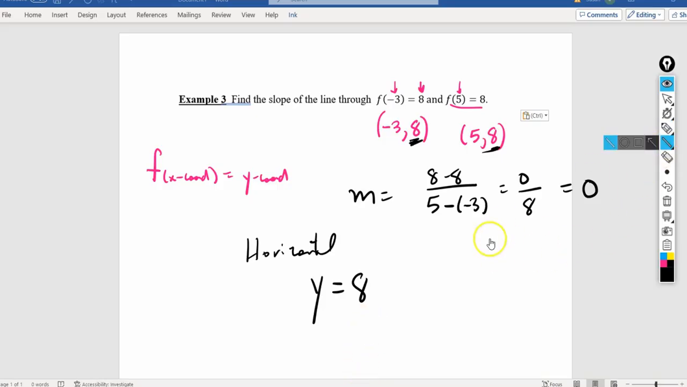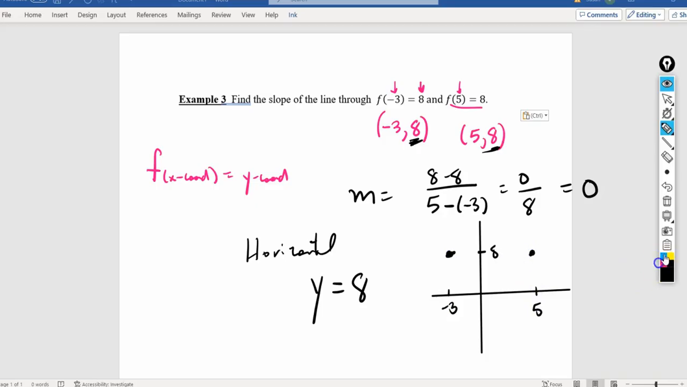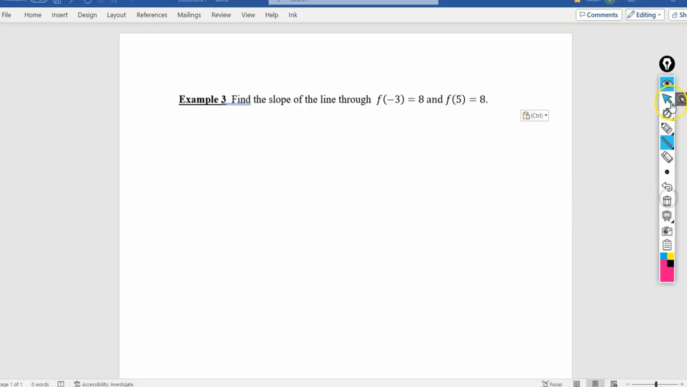Or you could have graphed it. If I graph those 2 points, I have -3, 8 and 5, 8 are on the graph. And if I draw that line that connects those two, you get a horizontal line. So all of that is consistent. But to get the slope as it asked you to, that would have been the quickest way, just to do the m, identify your 2 points. Now, to get these 2 points, you had to remember that fact from our test 1 material. Okay, and